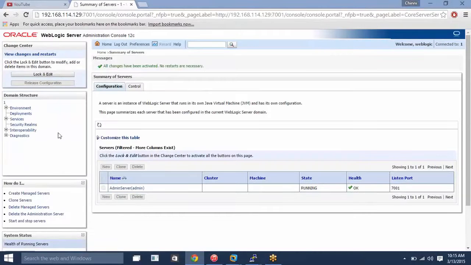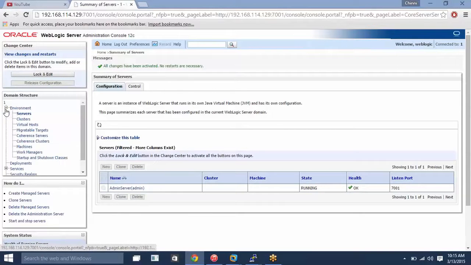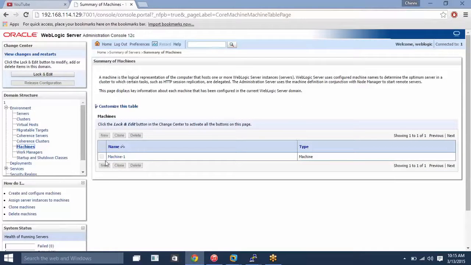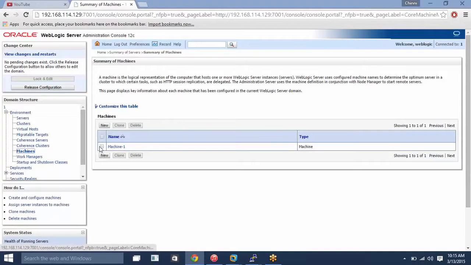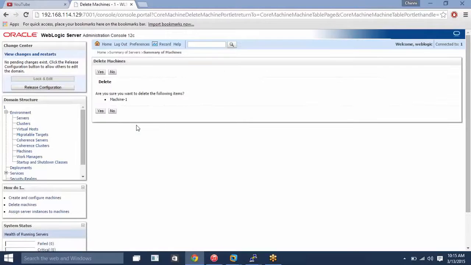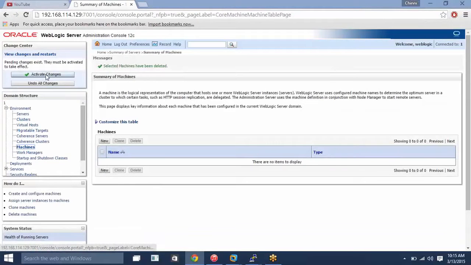First, you are going to create a managed server. While you are creating any managed server, you need to create a machine also. The main purpose of creating a machine is